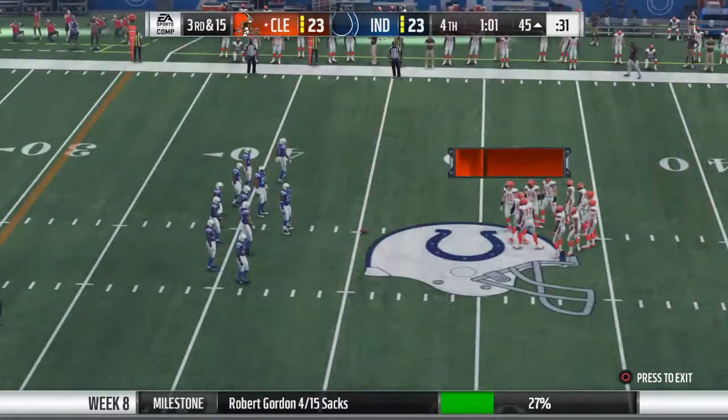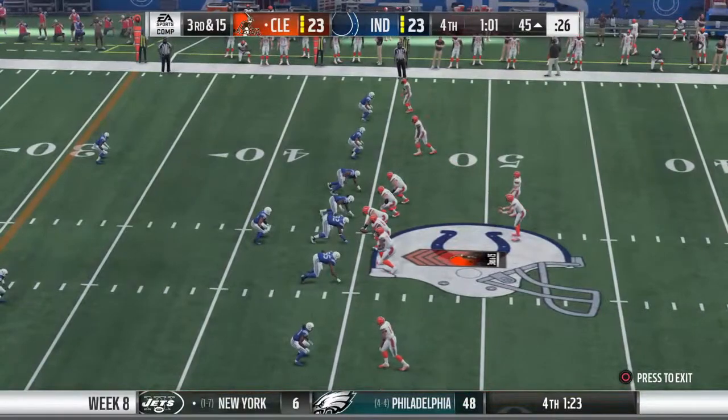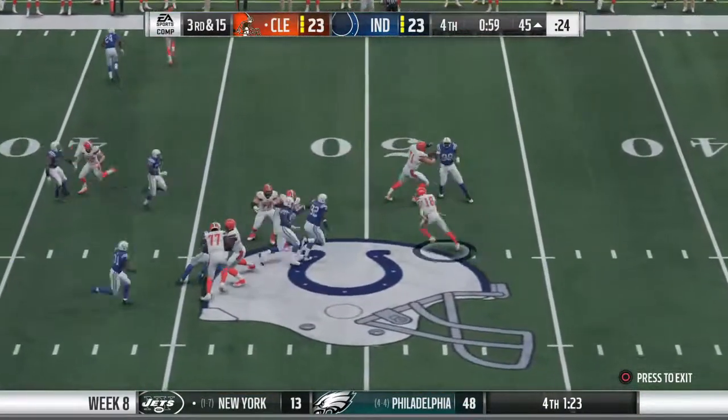He was unable to complete it there, and just not the game that you would expect from him. He's been off the mark really start to finish. Yeah, it makes you wonder what exactly is going on. Is he a little bit dinged up here, or is it just...